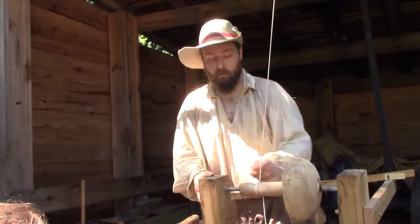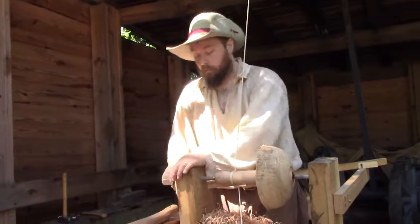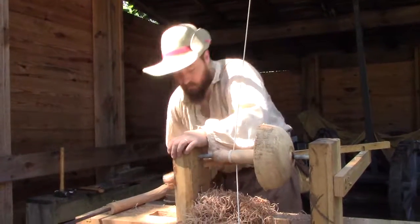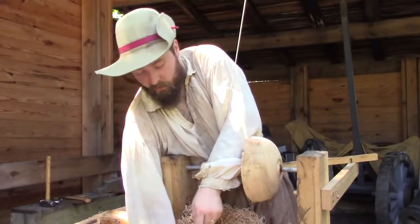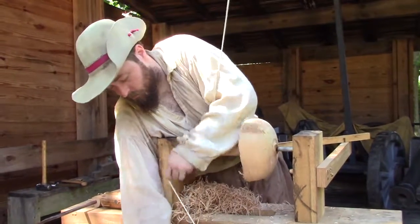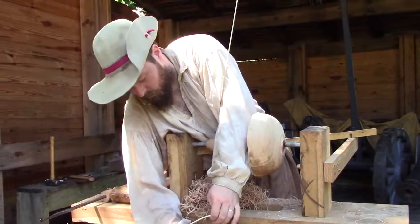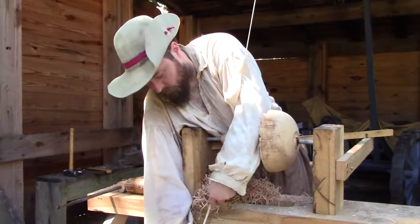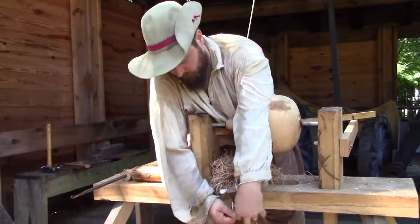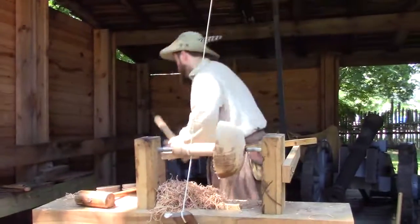Very resistant to abrasion, but still grips the wood very well. Actually, I'm going to probably re-wrap, pull this to the other side here, if I can. Right. Now I'm going to go back to